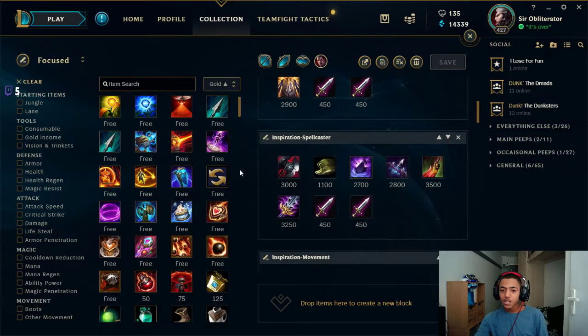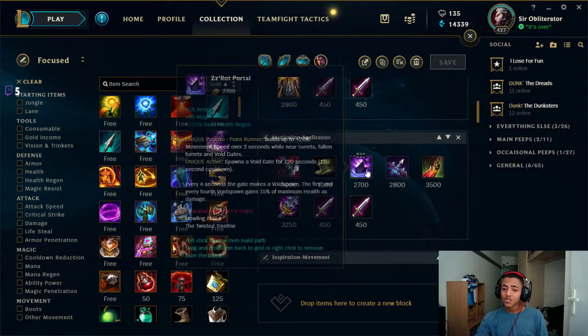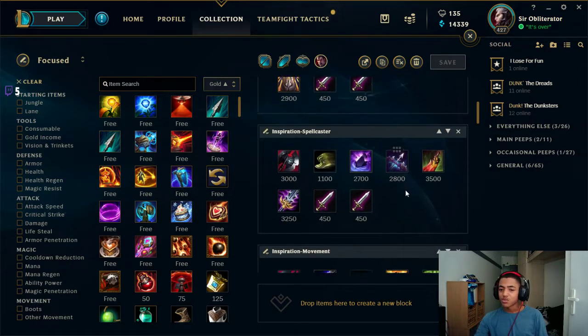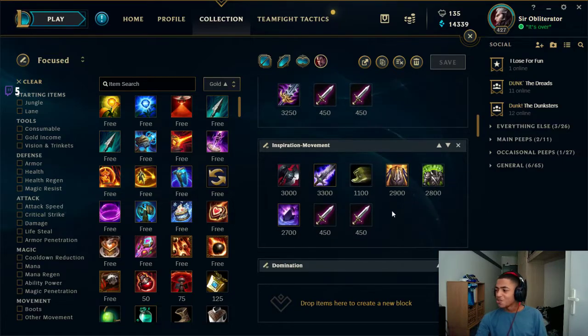Now, for spellcaster, you want this because you're going for as much AD as possible, but you kind of want to have some kind of resistances. But I guess this doesn't really work too much. Wrecker. Because it's...